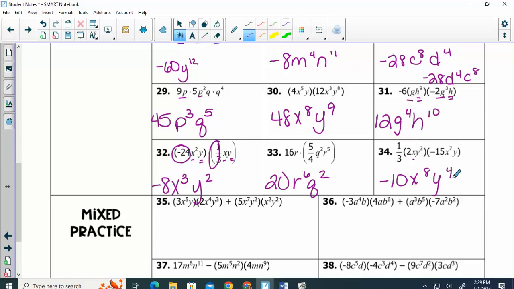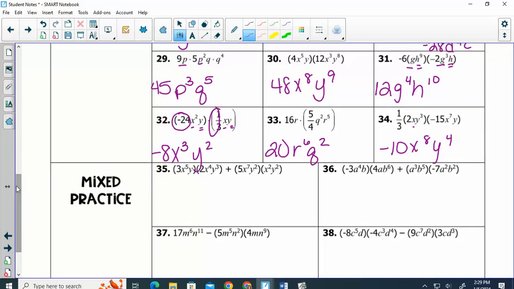The last 4 on here are review from yesterday combined with what we are doing today. So let's take a look at 35. If I want to work this problem, order of operations, do I have to start where? Where does order of operations say we begin? Yeah, we have to do the multiplication before we can add and subtract. So when I look at this, the first thing I'm going to have to do is multiply those together. So we get